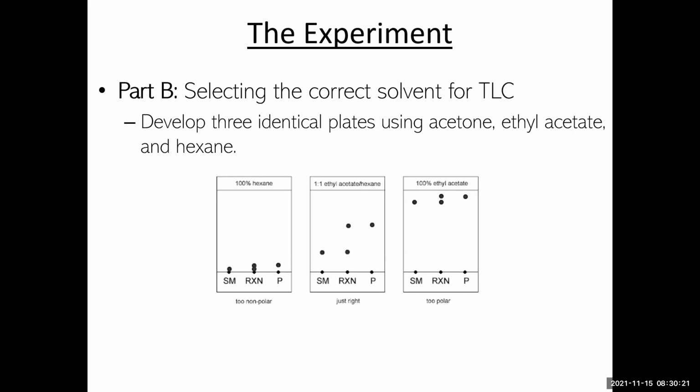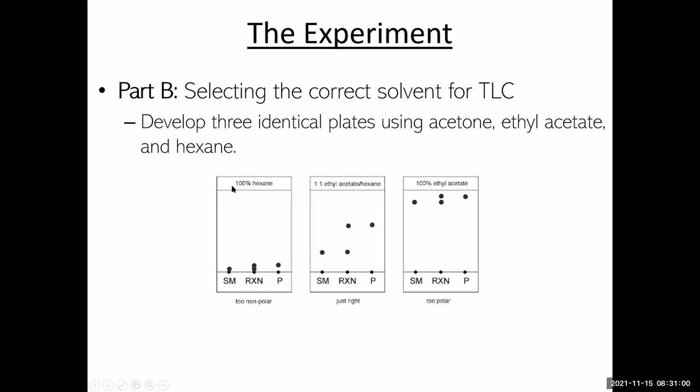But the pre-lab actually tries to get you to think about this a little bit by asking you to go back to a previous activity where we actually looked at dipole moment and polarity of these different solvents and rank the solvents in terms of their polarity overall. So you can get an idea of the polarity of different solvents. So we're going to develop 3 identical plates using 3 different solvents, right? And for example, if we used hexane, ethyl acetate, and acetone,